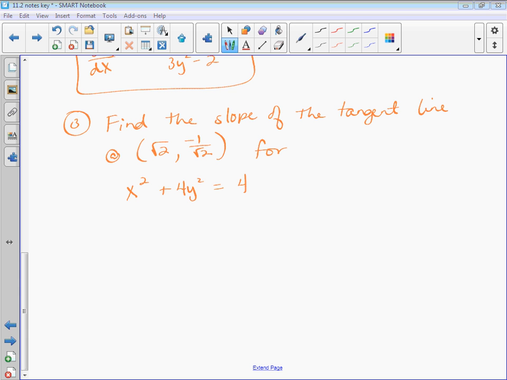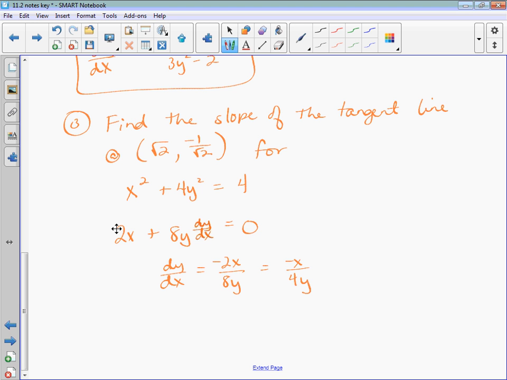Okay, let's find the derivative first. Right, guys, is that automatic in your brain now? When you see slope of the tangent line, you're like, okay, you gotta take the derivative. Yes? Okay, that's good. We're there. All right, so I would do 2x, and then this would be 8y dy/dx, right? Equals 0. So if I'm solving for dy/dx,